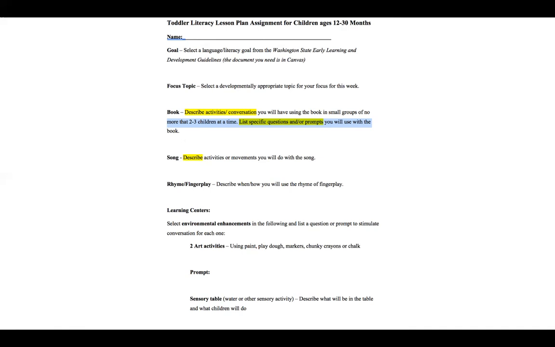Okay, so maybe the book will be Pets I Have Had. All right, it talks about dogs, cats, hamsters, rabbits, fish. And so describe activities and conversations. So when you're in a small group with 2 to 3 kids, my activity will be asking children questions and then recording their answers.